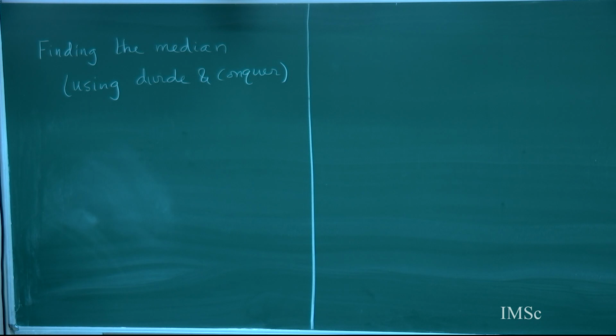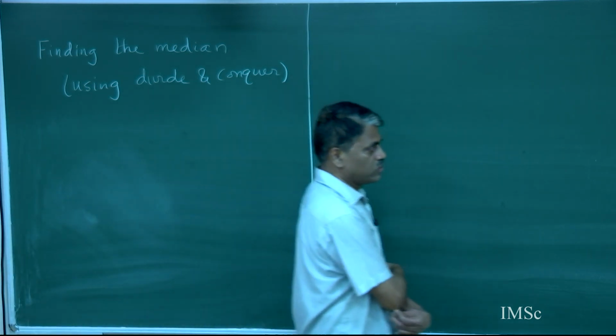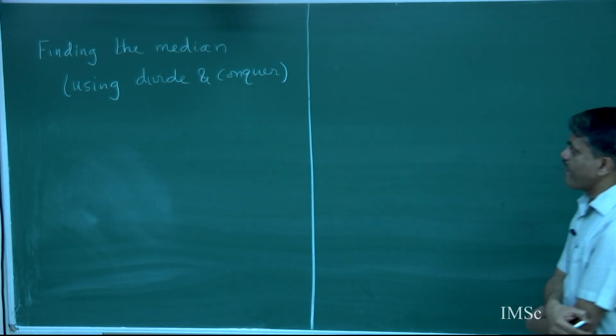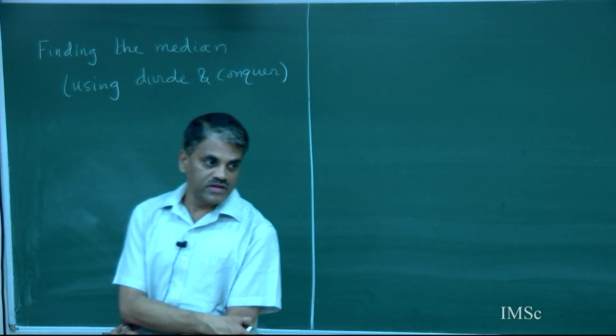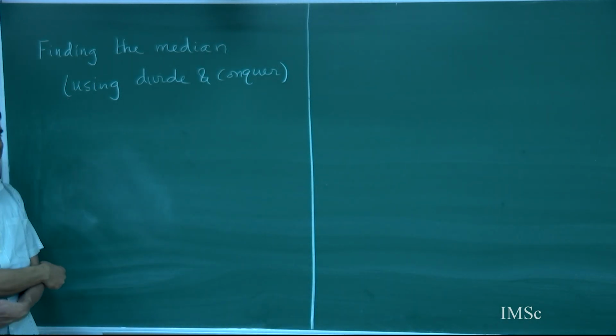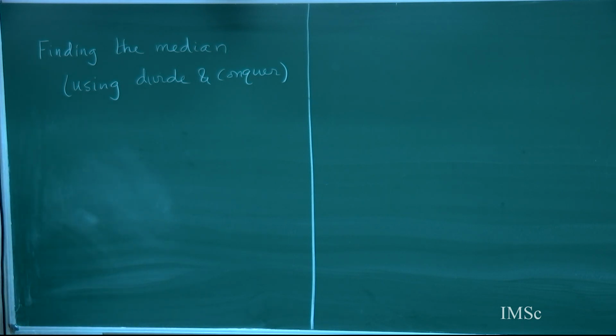Quick revision of some divide and conquer recurrences. And then using divide and conquer, we will design an algorithm for finding the median. How many of you have seen this? Probably seen, maybe. Okay, so